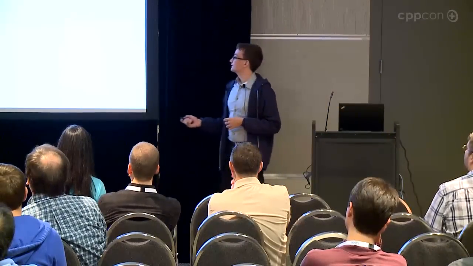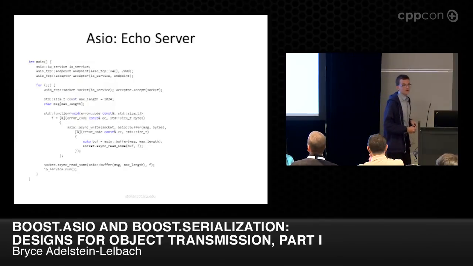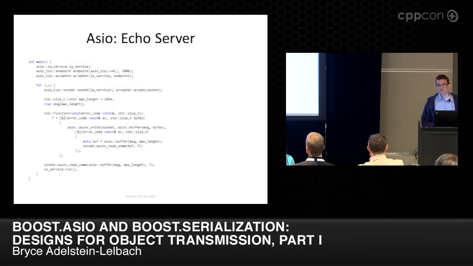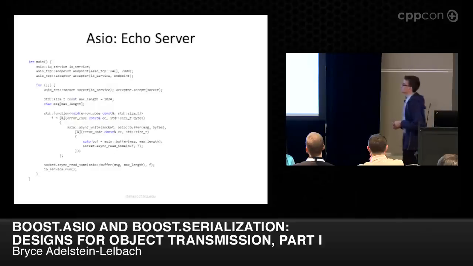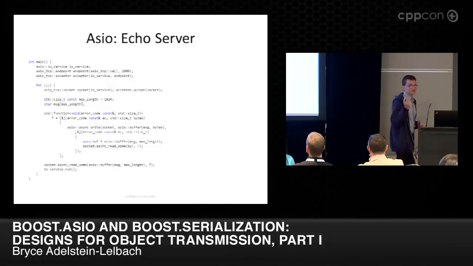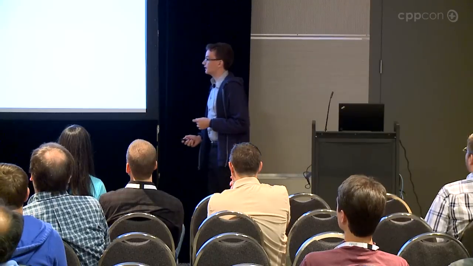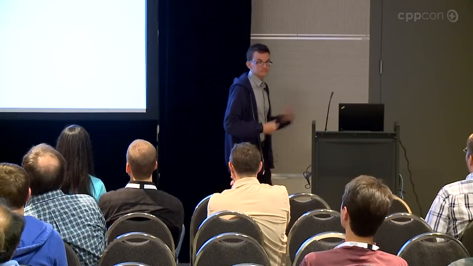Let me see if I can get it back to... And so then down here, we kick off the thing. I go in socket async read sum, and that starts it all up. And then we do the IO service run, which is just saying, hey, IO service, go ahead and process my events. So this is a single-threaded server. You might want to call that IO service run in a different thread and immediately go back into your acceptor loop in a threaded server. Because right here, if somebody comes in and is trying to connect while I'm processing my completion handlers, well, I'm doing other stuff. I can't really process that except right now.